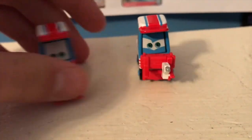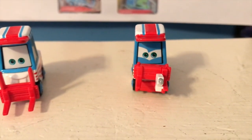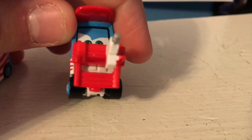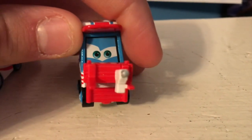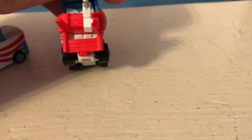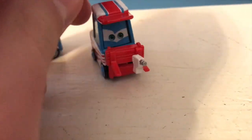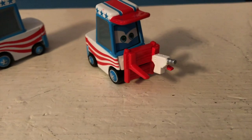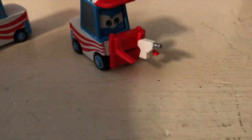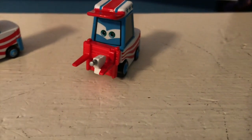Moving on to Nutty here, I love Nutty's expression because unlike Lug, Nutty actually has an expression. He's got this really determined look. You can barely even see his mouth, but he is smiling down there. He's got a really angry expression there. And not only are his forks moved up, the whole assembly of his forks have been pushed upwards. And that is a pretty nice, realistic interpretation of how that would actually look in real life and how forklifts do work. Of course, you could see what you could assume to be a tool gun,